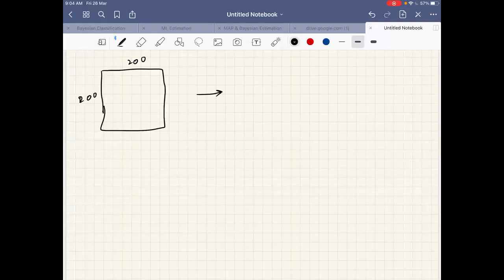How many features do I have per image if I consider pixel intensities as features? Can one of you tell quickly how many features I have for this image?